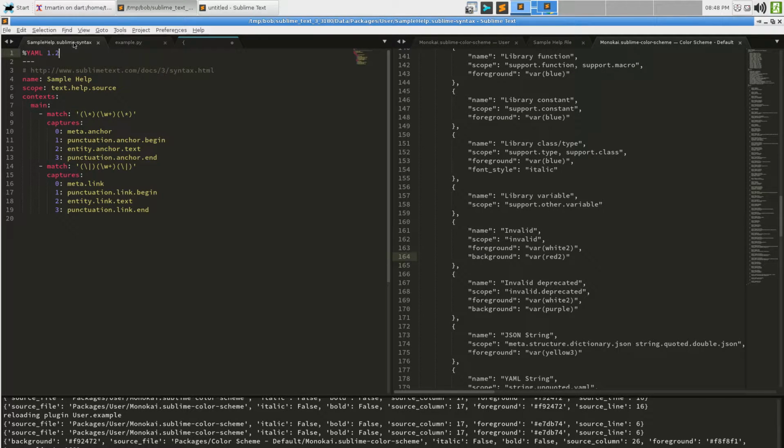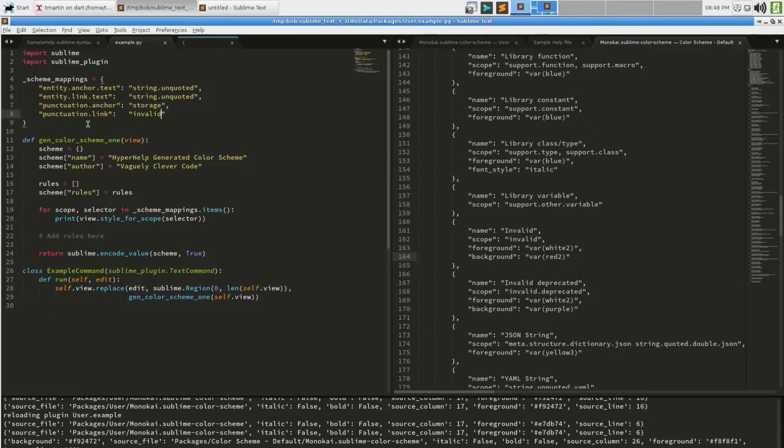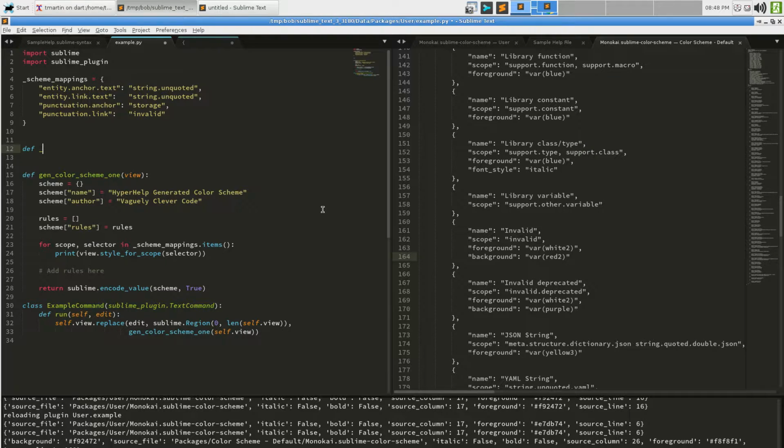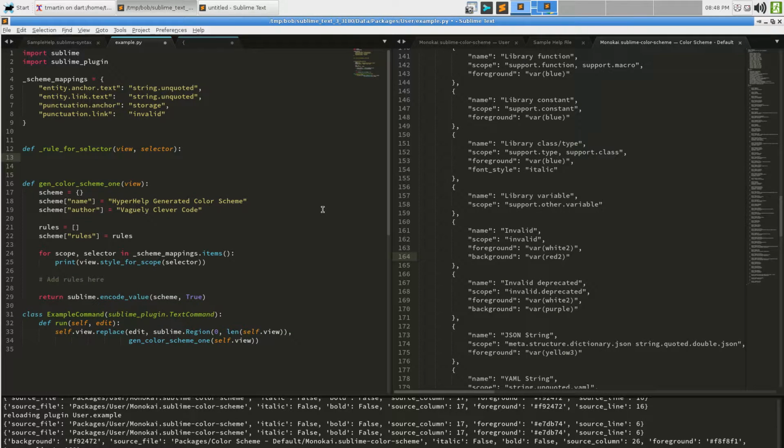So let's create just a quick little rule thing for this, and we'll call it rule for selector. And it should take a view, and it should take a selector. And then it should say rule is equal to whatever this is doing, which is that, right?